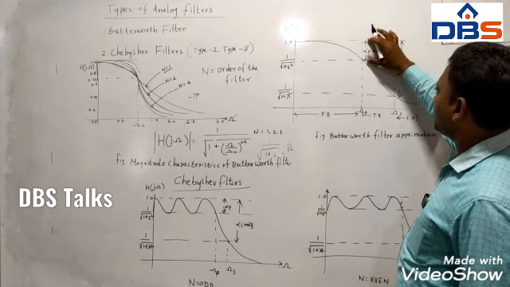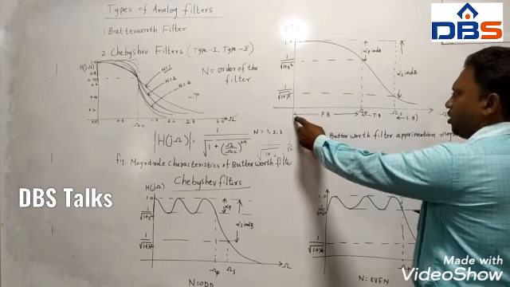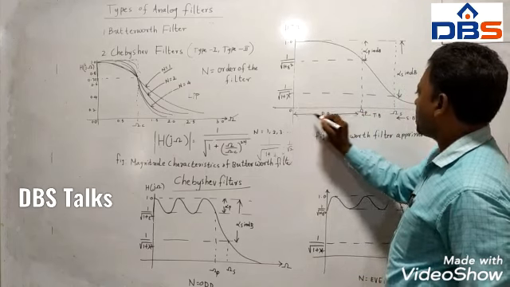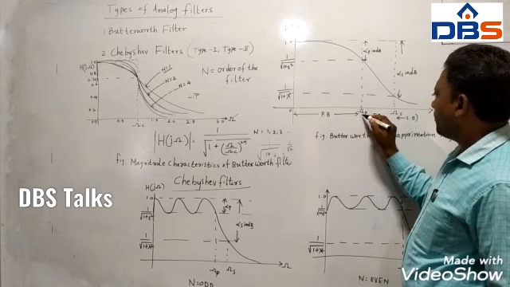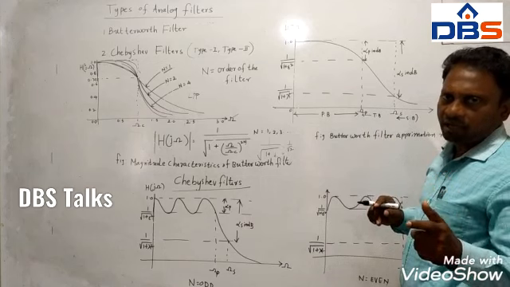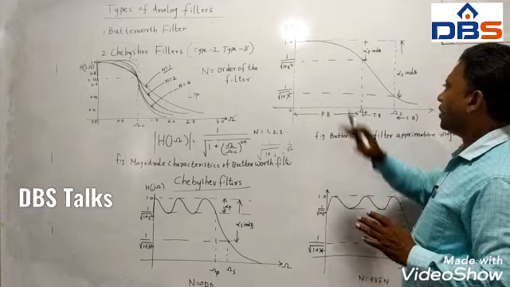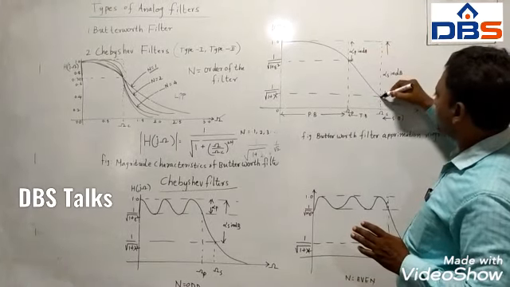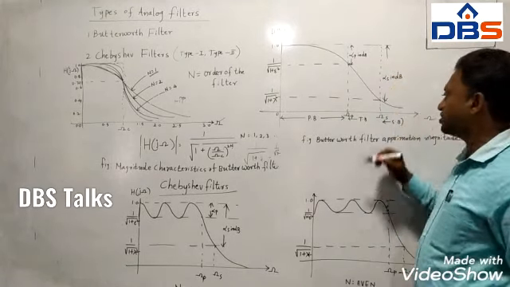Okay, alpha p is the attenuation in the passband, and alpha s is the stopband attenuation. You see from 0 to omega p, this is called the passband, up to which all frequencies are passed. From omega p to omega s, it is called a transition band. In this band, the magnitude response slowly changes, or slowly transits, from one band to another band. So this is the passband edge and this is the stopband edge, and the region between these two is called the transition band.